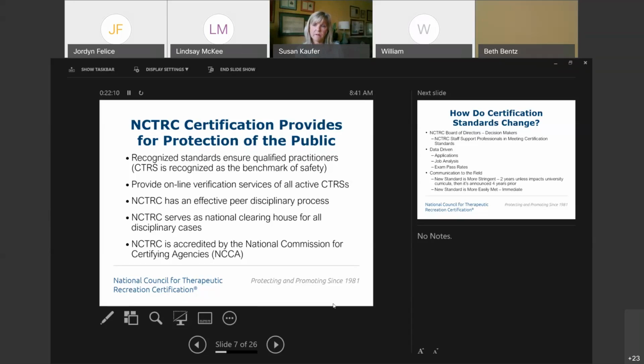This gives us a basis to determine whether someone has both the competence to practice, but also just providing some information related to whether they have some matters going on that we should know about, either any perhaps arrests or physical or other issues going on that need to be brought forward that NCTRC needs to know about. Again, all of this just to think about protecting the public.